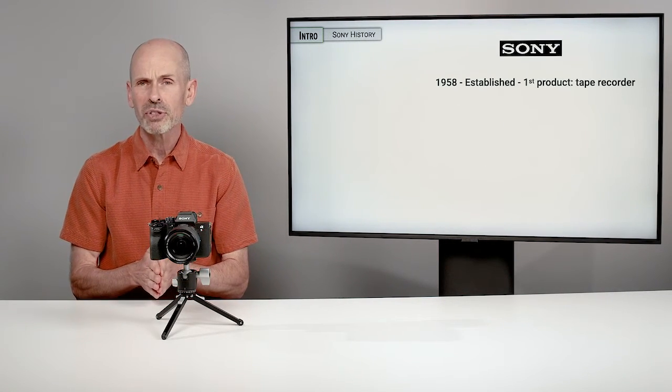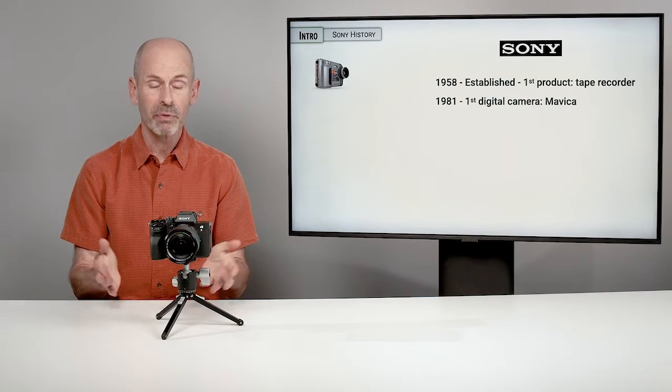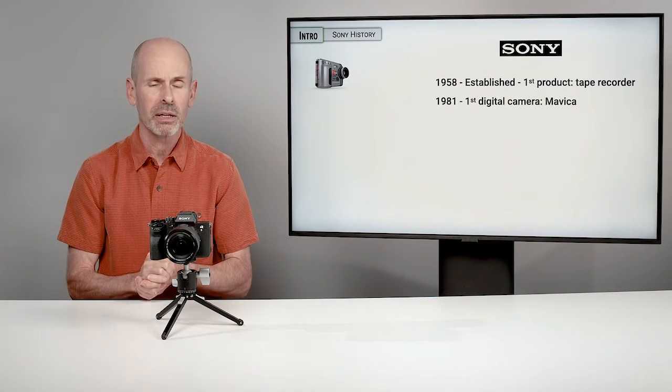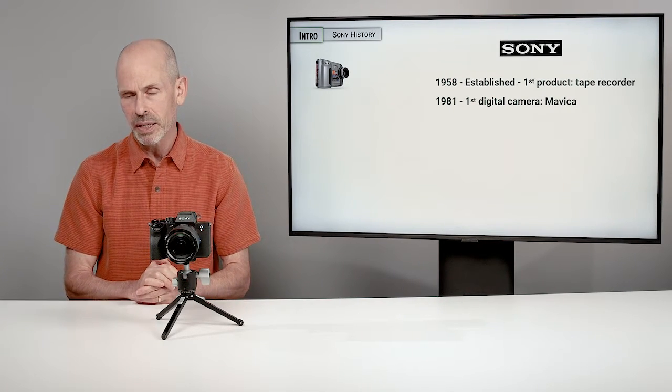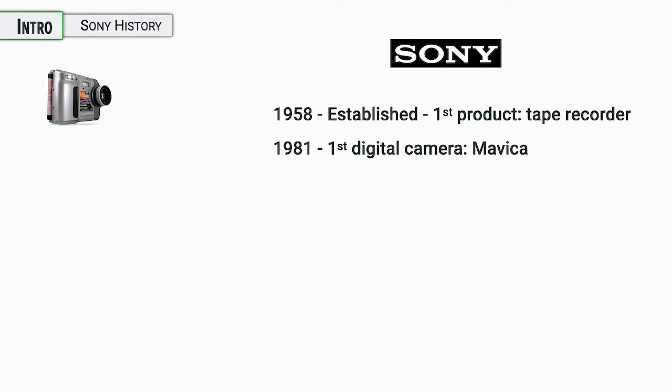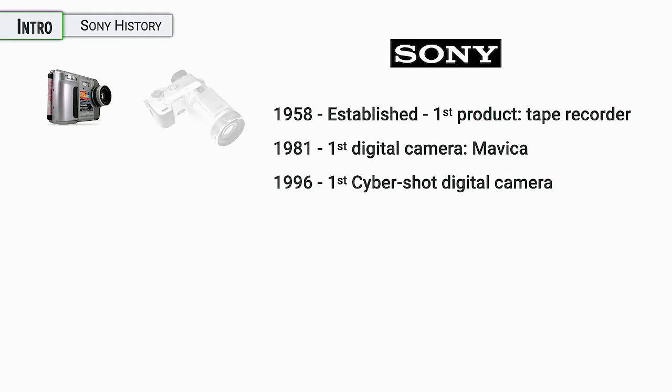All right, a little bit on Sony history. They are, of course, known as a major electronics manufacturer that has actually a fairly light history when it comes to cameras and photography. They started with digital quite early on. They were one of the earliest companies to have digital. They had what I would consider to be some of the more advanced point and shoots in the early days